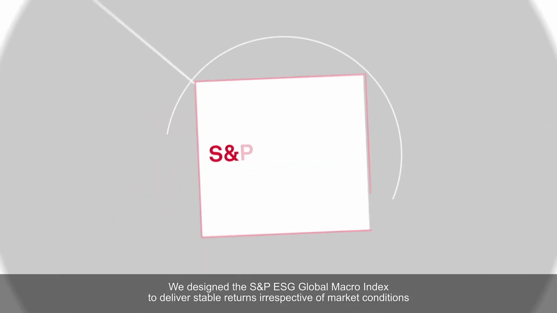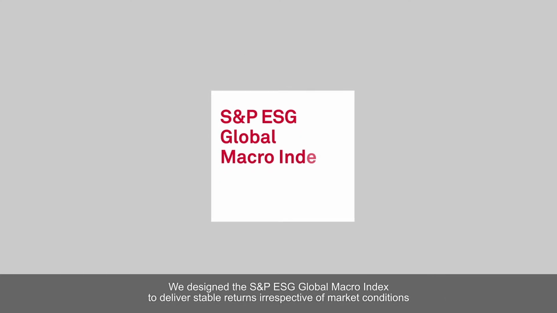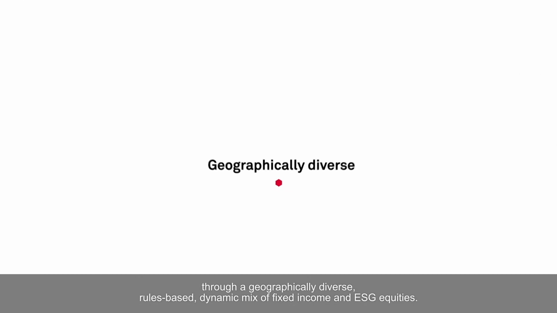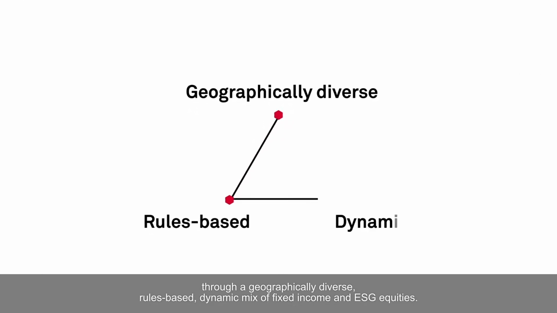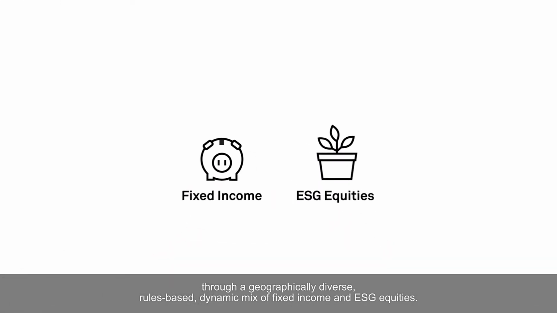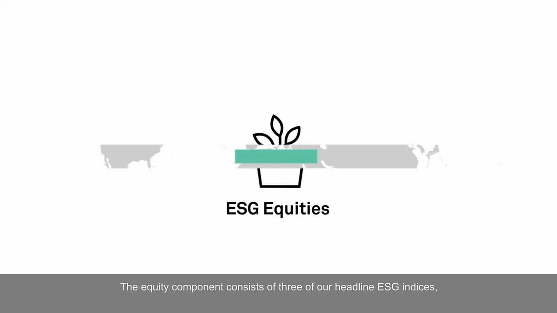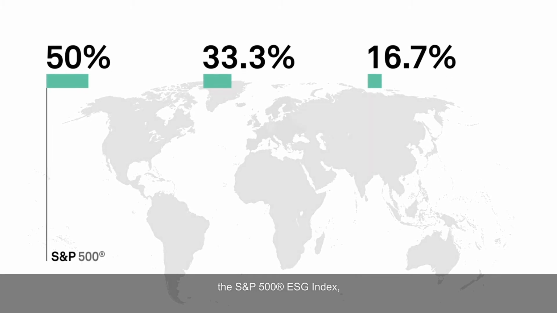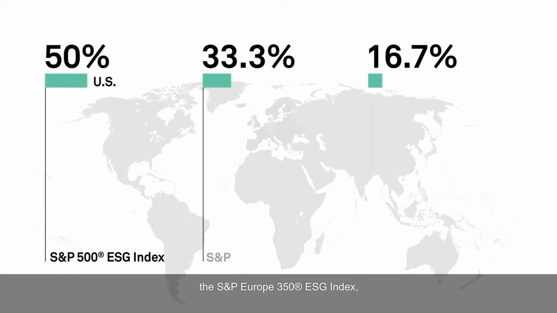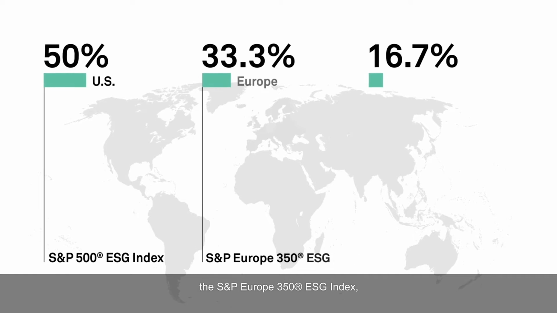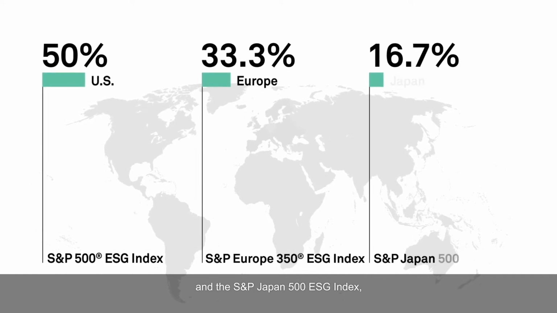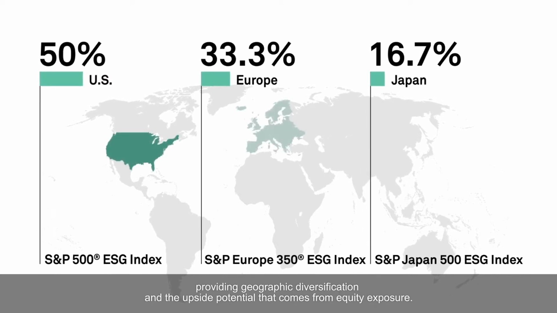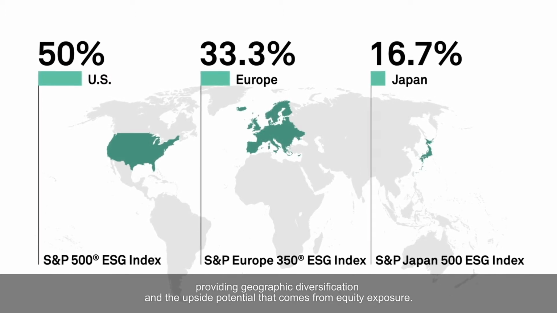We designed the S&P ESG Global Macro Index to deliver stable returns irrespective of market conditions through a geographically diverse, rules-based, dynamic mix of fixed income and ESG equities. The equity component consists of three of our headline ESG indices: the S&P 500 ESG Index, the S&P Europe 350 ESG Index, and the S&P Japan 500 ESG Index, providing geographic diversification and the upside potential that comes from equity